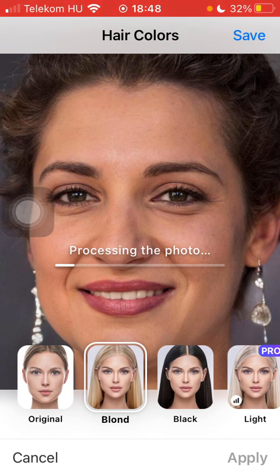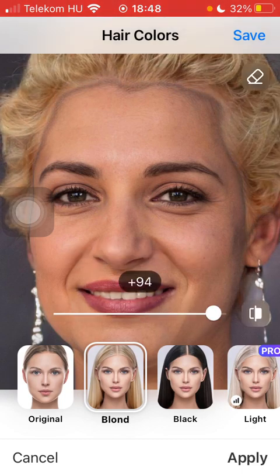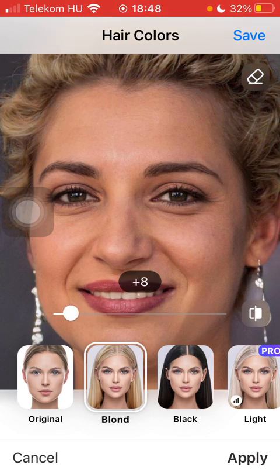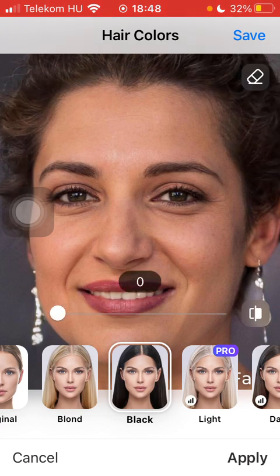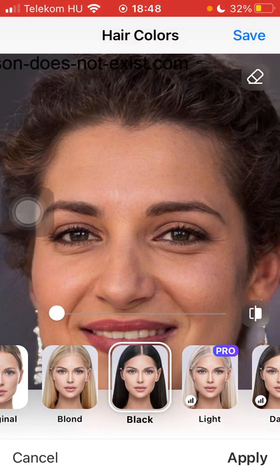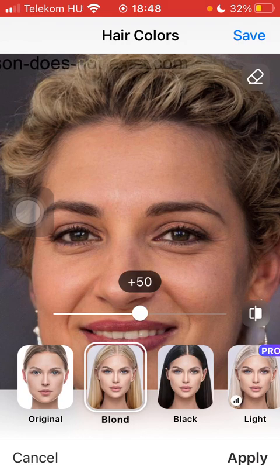Click on the relevant one that you want to try out, and here you can select the level and adjust the hair color by using the slide in the middle of the screen. So feel free to play around with this slide and the filters. So here you can see how the color changes, and once you are done with applying your filter, you can